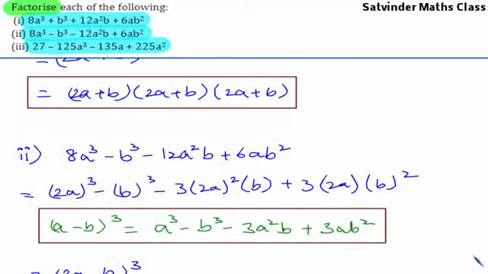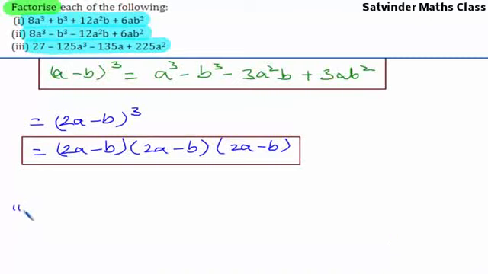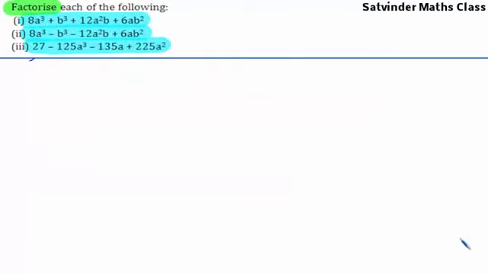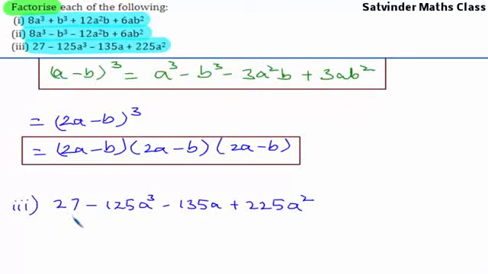Let us take the third and the final one, which is 27 minus 125a cube minus 135a plus 225a square. Now, by observing, you can say that 27 can be written as 3 whole cube, minus 125a cube can be written as 5a whole cube,